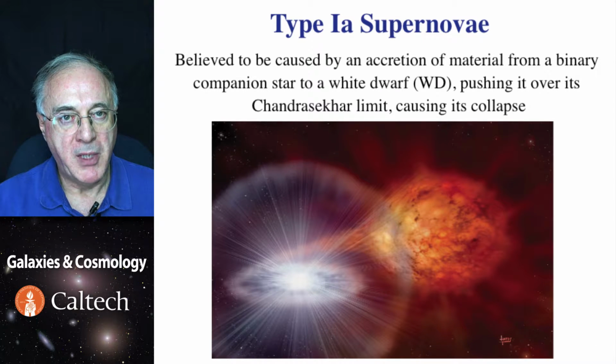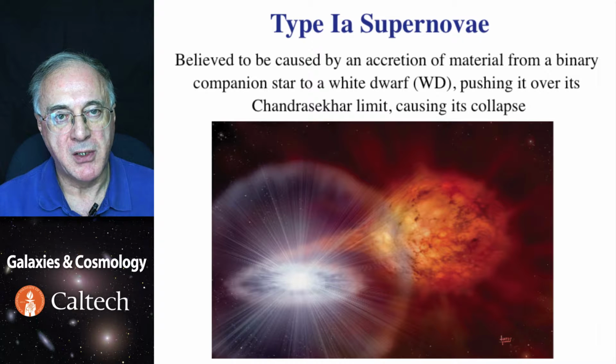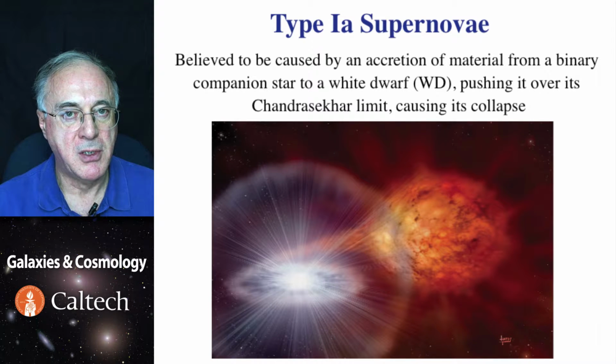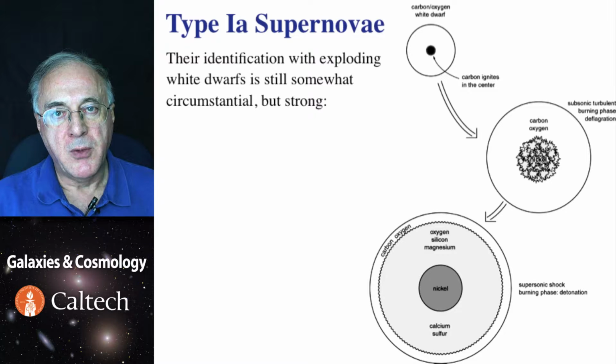Another way of dumping more matter on it is if there is a binary white dwarf and they lose energy by emitting gravitational waves and spiral in. As the two stars merge, you get something that's twice as big as what's sustainable. The effect is the same. So we're pretty sure that type 1a supernovae come from detonating white dwarfs, although this is not yet